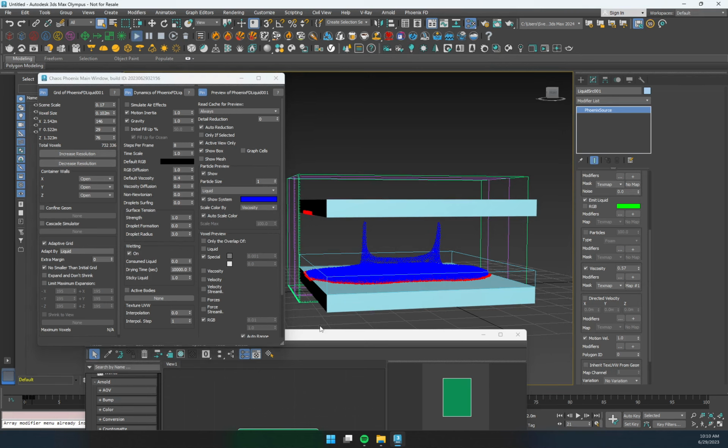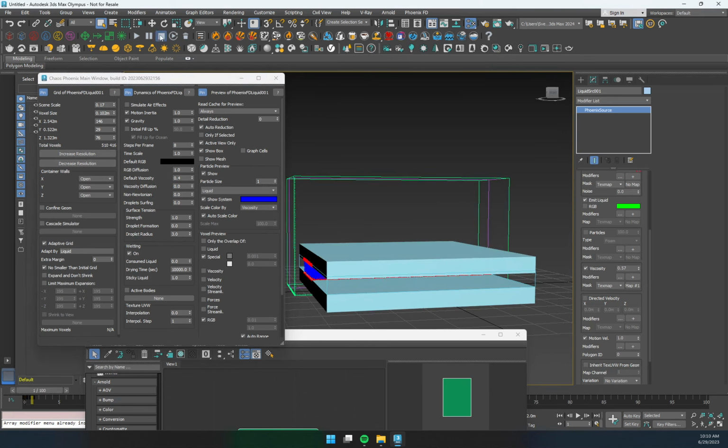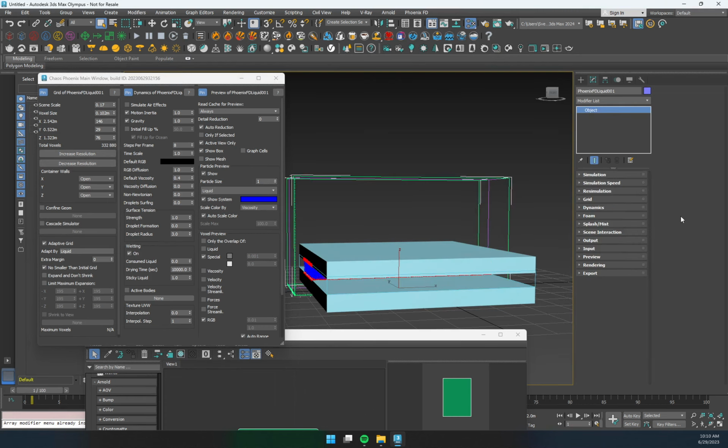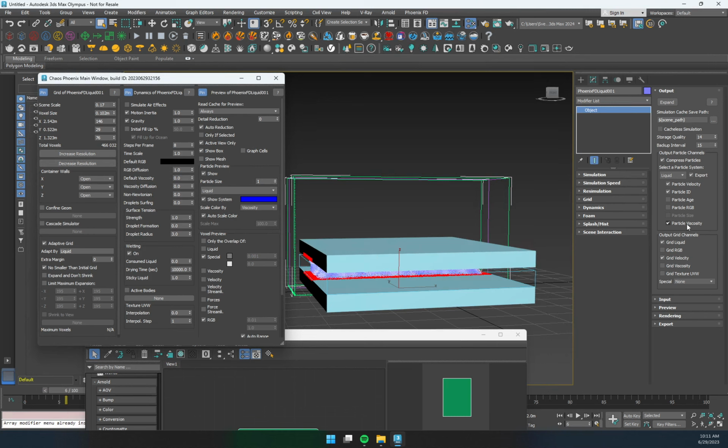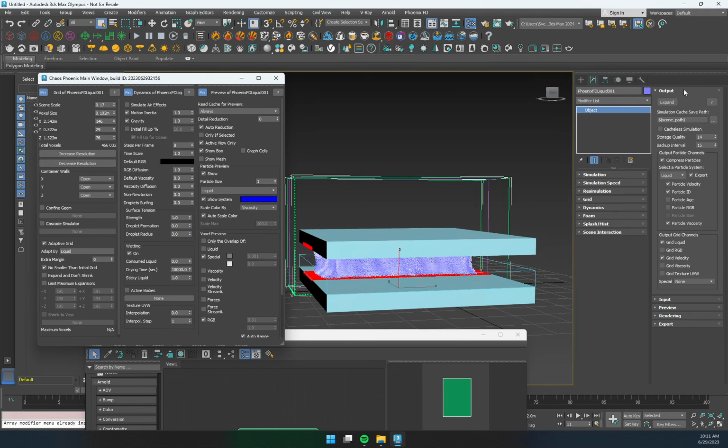Okay, I see why my viscosity in the source is not taking any effect, because I am probably not exporting it to the liquid. Okay, so here it is. I need to enable particle viscosity. So this way, we're not going to have just a single value. So now I can really set this back to 0. We're not going to have just a single value for the viscosity throughout the simulator, but each particle is going to remember its own viscosity. And this way, each particle could have different viscosity. So I needed to enable this in the output throughout in order to make the simulation